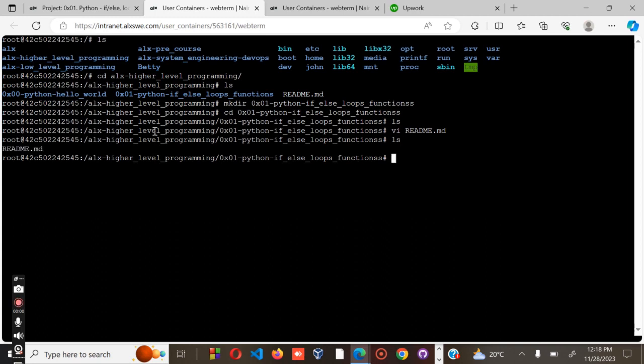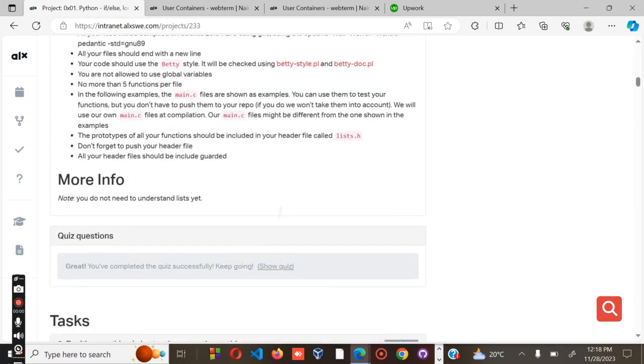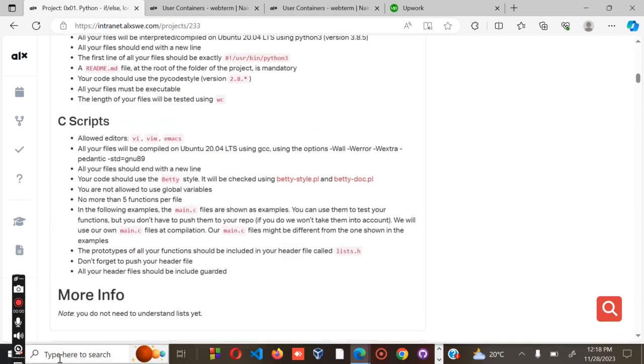Okay, let me see. So as you can see, I've created the README file. Okay, so the next part, as per the instruction, the prototype. If you look at the prototype, we are supposed to have the prototype of your function should be included. This one. So I will copy this one